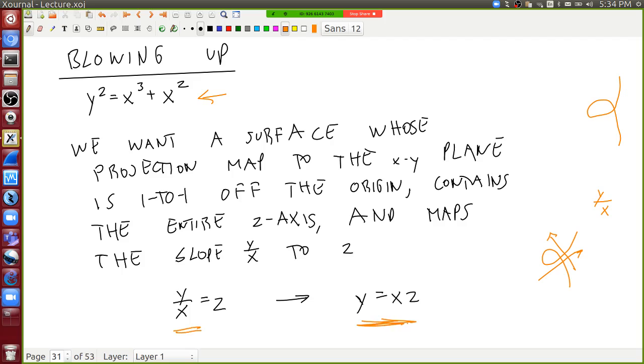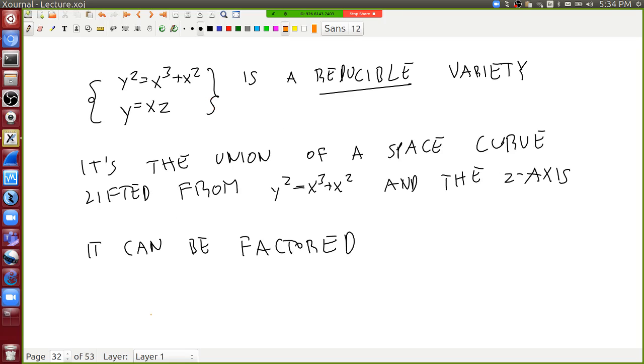Y equals xz. The idea is that along the z-axis, I'm going to parameterize by this slope y over x, and I've already seen that on the one branch, y over x is going to be 1. On the other branch, y over x is going to be -1. So I expect I'm going to get two points, one with a z-coordinate of 1 and one with a z-coordinate of -1. I take my original curve,